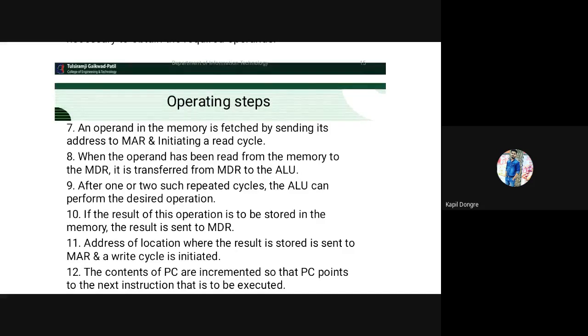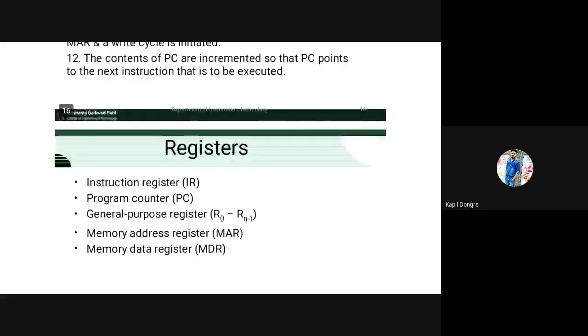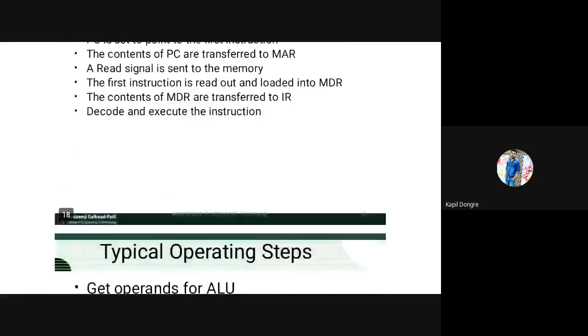What are the different types of operations we have already seen? First, PC points to the memory location where the instruction is going to be executed. Afterward, that address is stored in MAR. That address may contain instructions or data. That instruction or data is contained in MDR. That is the first step. After that we are going to execute that step. So these are the different operations of MAR or basic functions of units.